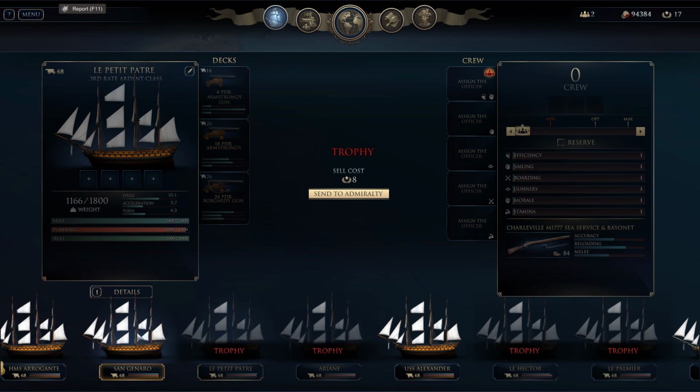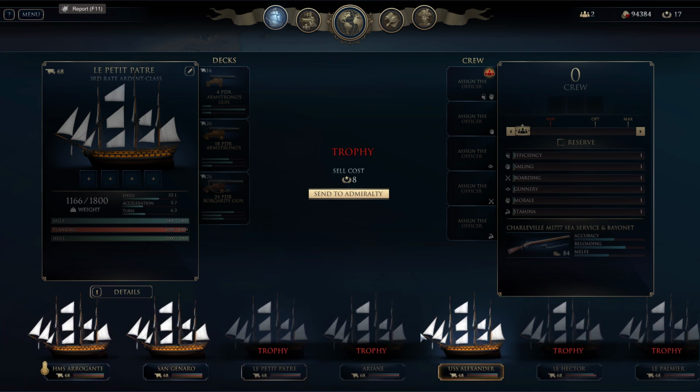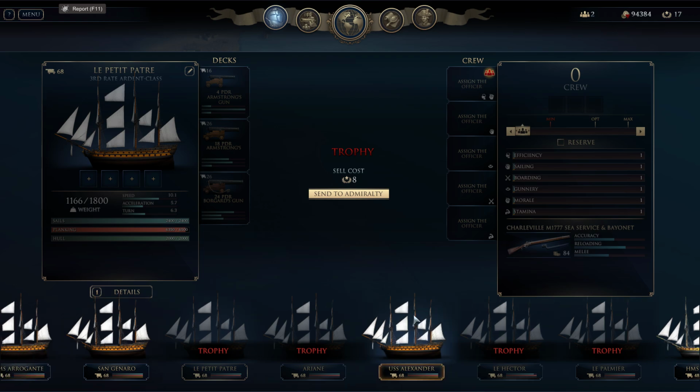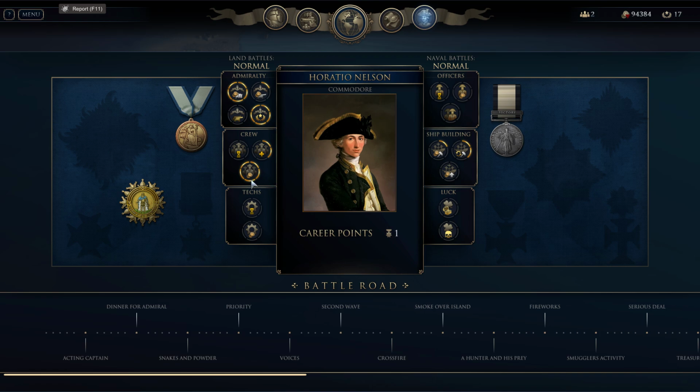So now I have 1, 2, 3, 4, 5, 6, 7 third-rate ships of the line. So that is quite a lot. The problem is being able to actually use all these ships. I can get 4, and I can get some working. That's not the problem. I am going to have to go with...